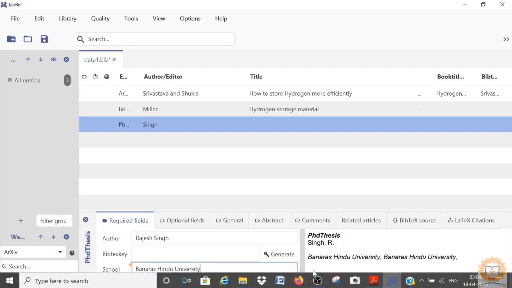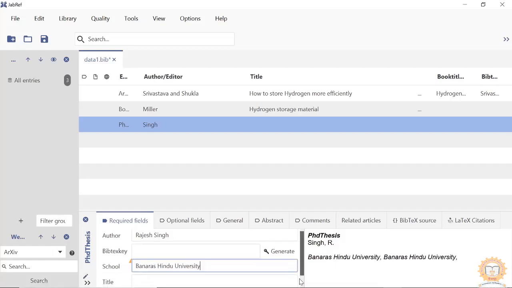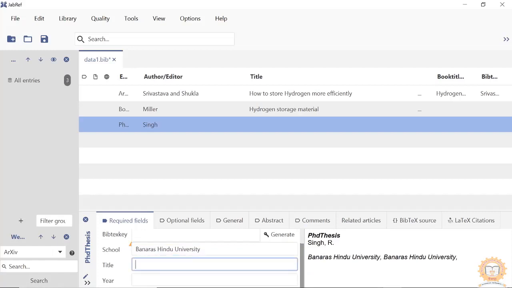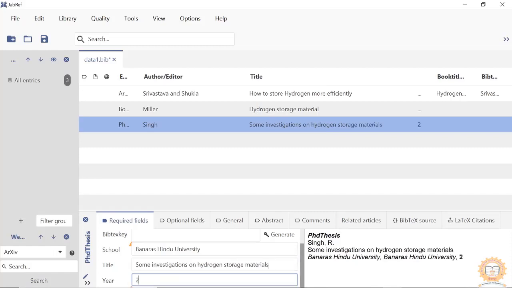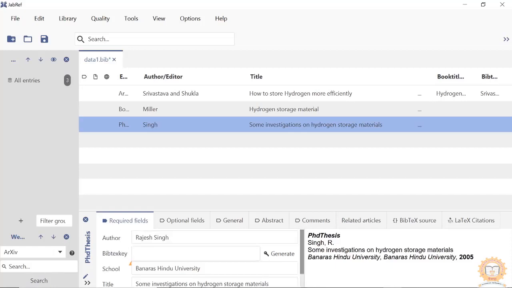Then title of the thesis, like this. Year of submission 2005. Okay, like this. Now we can create the BibTeX key here.